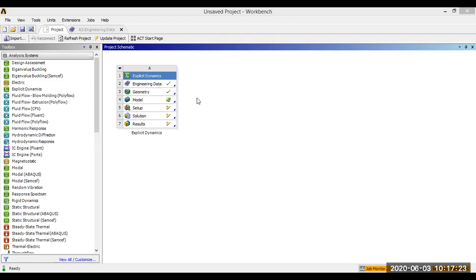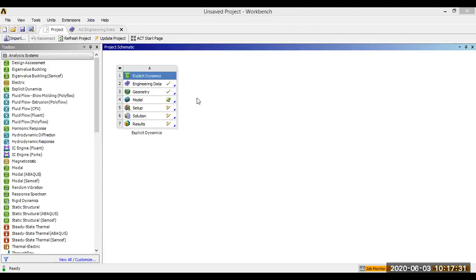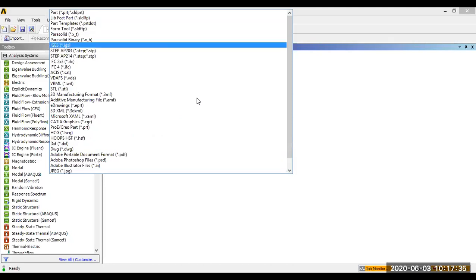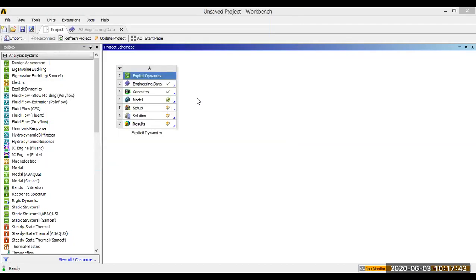Now, how to convert with the help of a translator? Go to File, Save As. Here you choose the save as type. You see Parasolid, IGS, STEP, so many translators. We require a solid body, that's why I selected Parasolid. Select Parasolid and click Save.